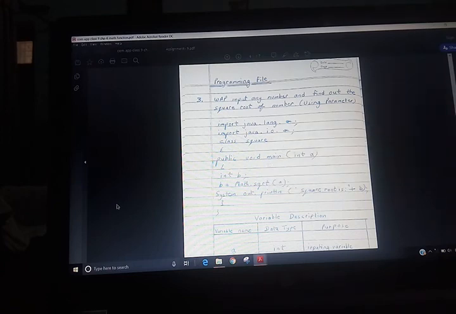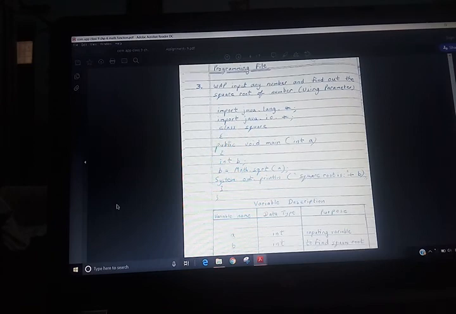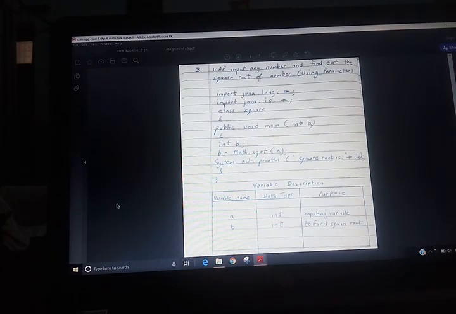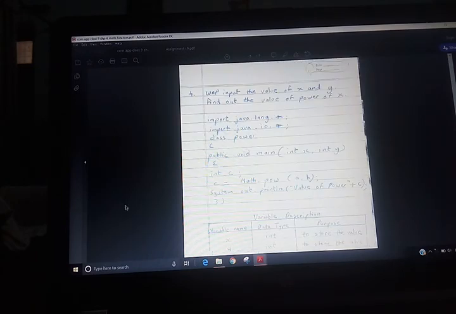Then I told you how to write the VD, that is known as variable description. For variable description, you have to make one table, and it is divided into 3 columns. One is variable name, second is data type, and third is purpose.